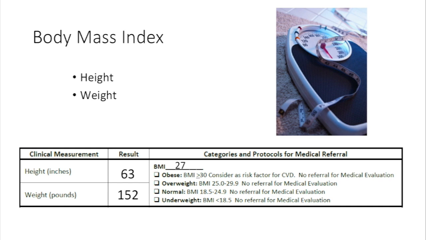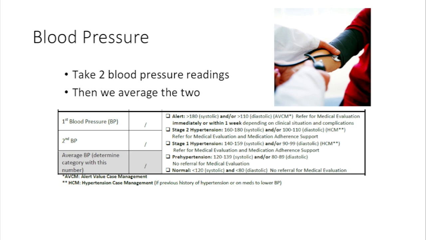And most of the women that we see in our program tend to be either in the overweight or obese categories, although we do have some occasionally that are underweight or in the normal categories. So that is the body mass index, and that's where you record that. Next thing we're going to do is blood pressure. Now with blood pressure, we need to take 2 blood pressure readings, and they really need to be about 5